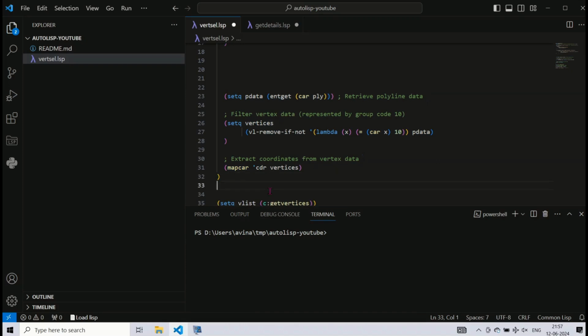Switch to the old file, and put a similar comment at the end of the vertex list function. And now, select the entire vertex list function, along with the newly added comment, and copy it to the clipboard.